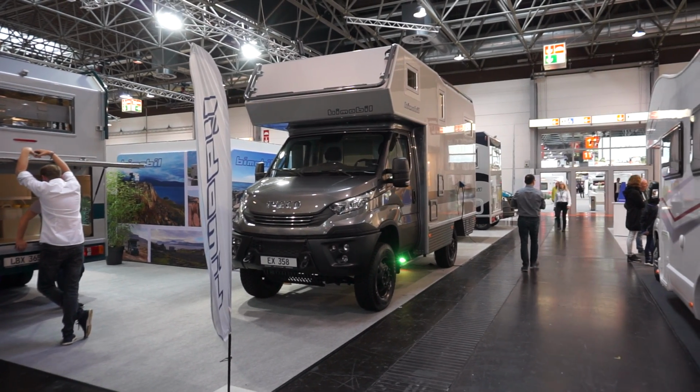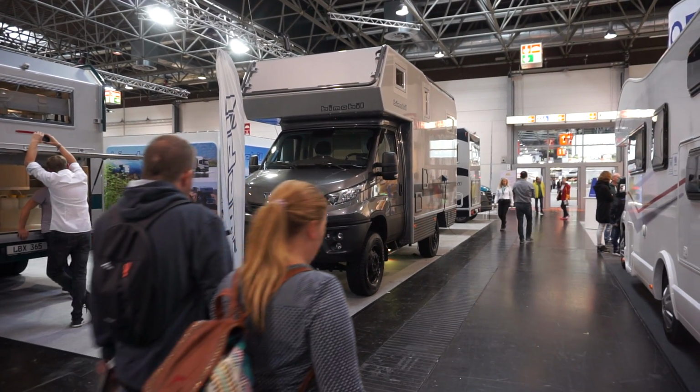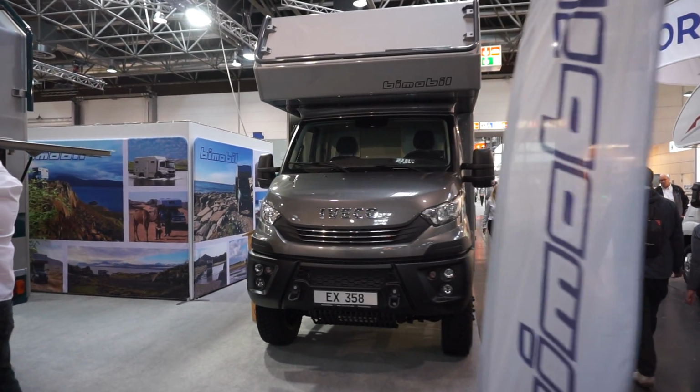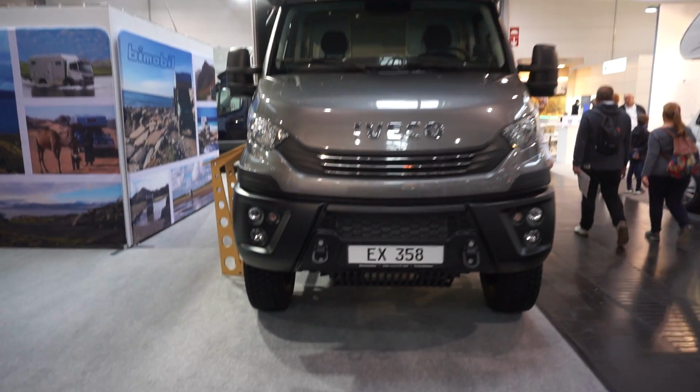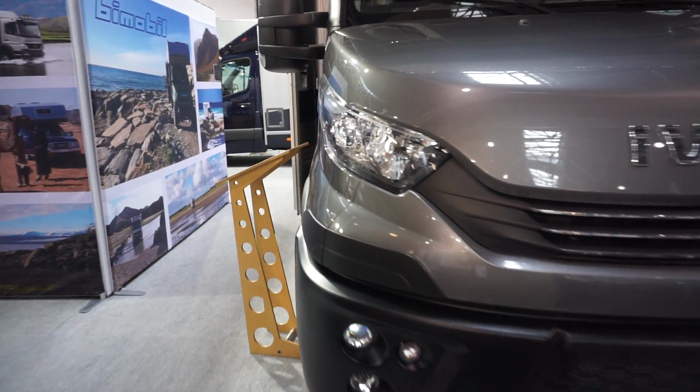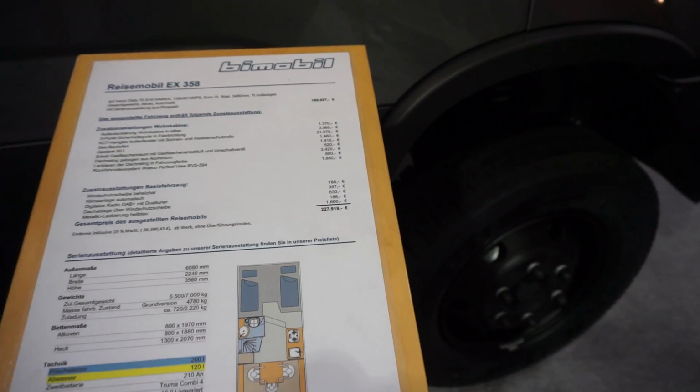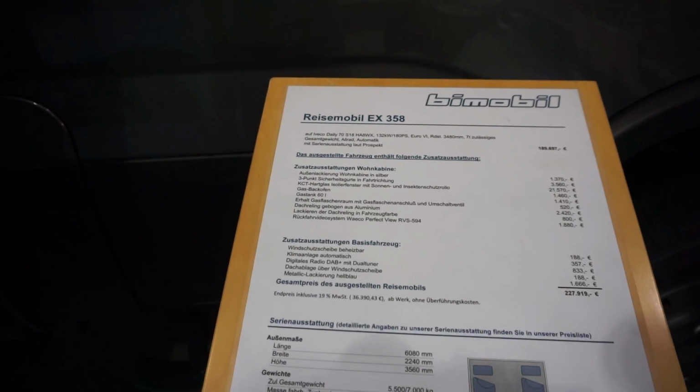This is Caravan Salon in Dusseldorf, and we're going to have a really quick look around the Bimobil stand here at the event. They do heavy duty off-road vehicles on a number of obviously 4x4 platforms, and this thing here, 227,000. It's on the Iveco Daily